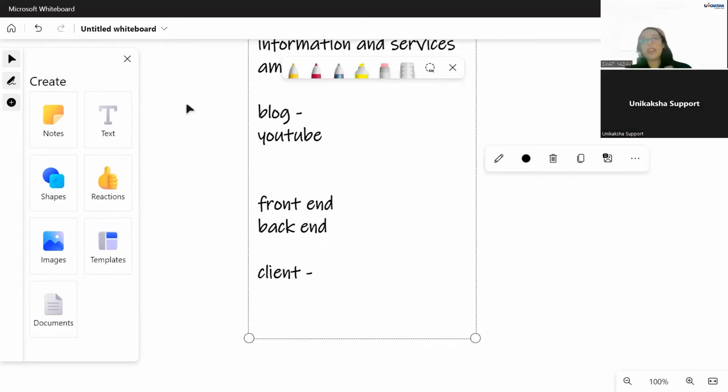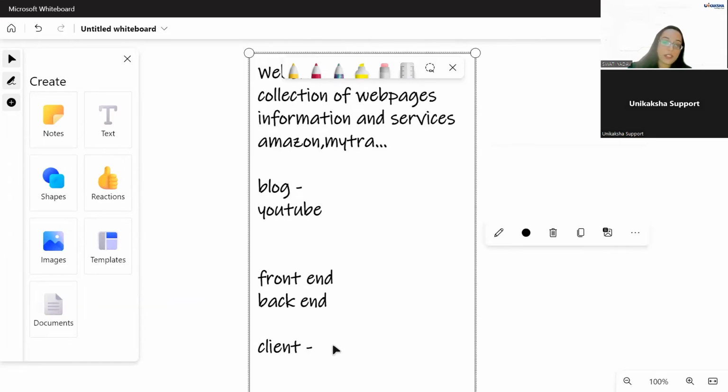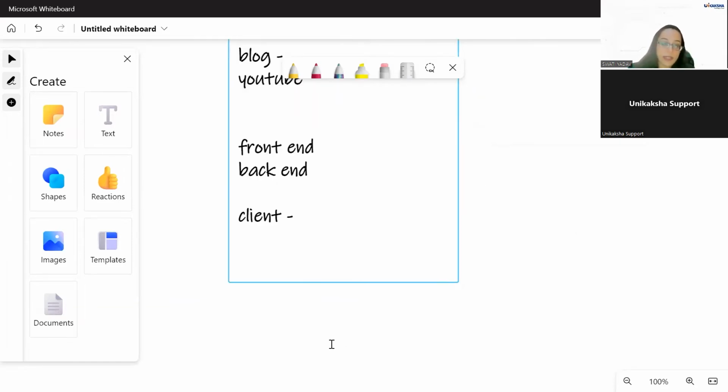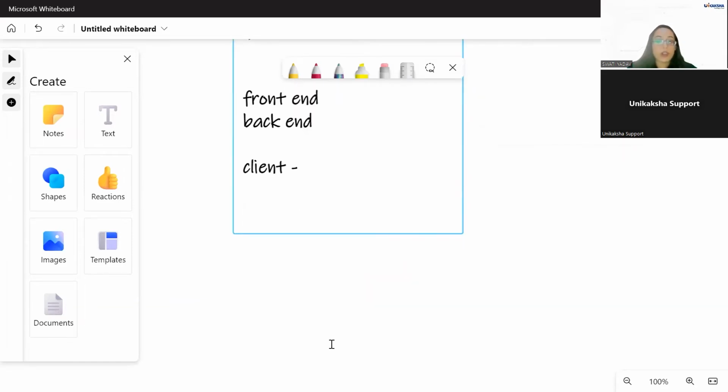Whether you are creating a website or any web application, with a team of 3 or even 300, web development tends to follow some of the following steps, which I'm going to tell you now. The first step is information gathering. You need to gather some information. This is also called requirement gathering. You might hear this term called requirement gathering or information gathering.